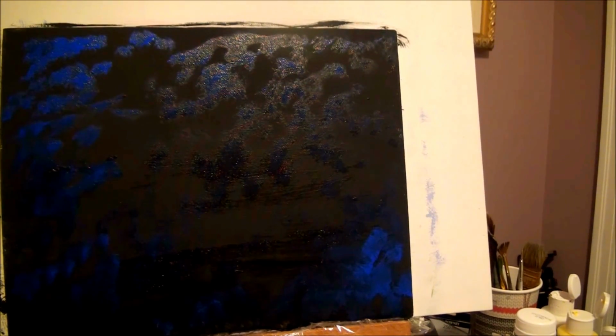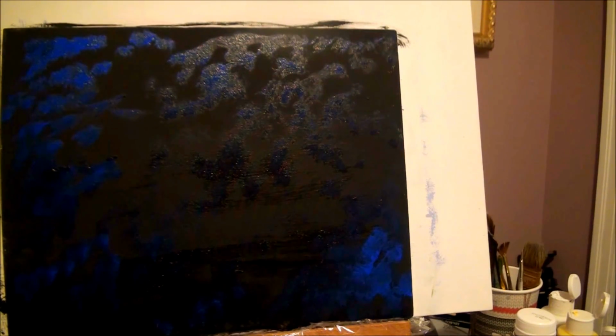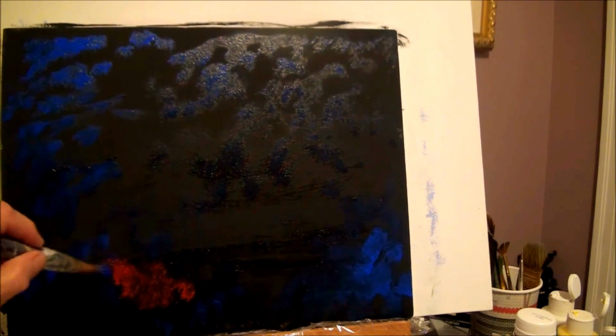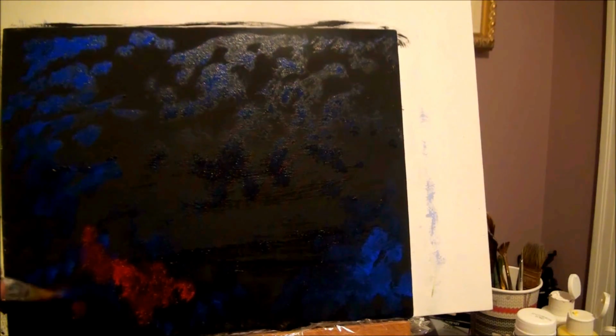Alright, I'm going to dip it into some red. My dirty brush. I'm not going to put a big lot on there. I'm just going to put enough on there to make some color. And decide where you want it. If you want more, like you can have red over here. Tap it on, and you can have,